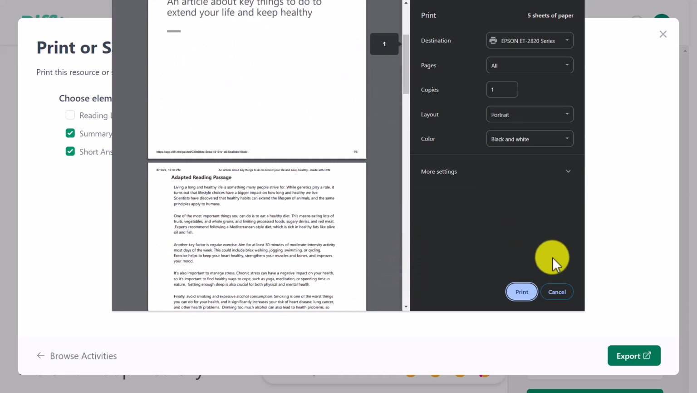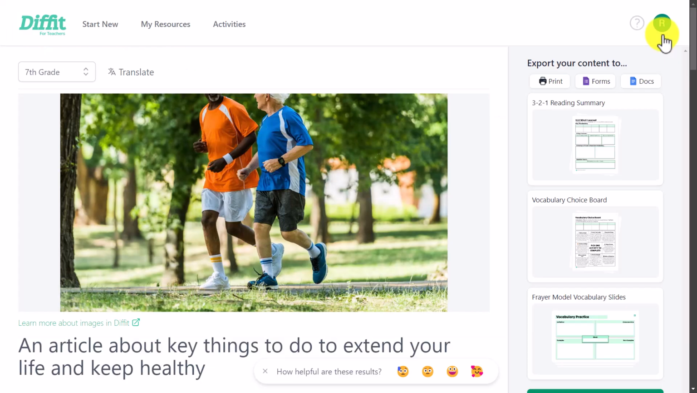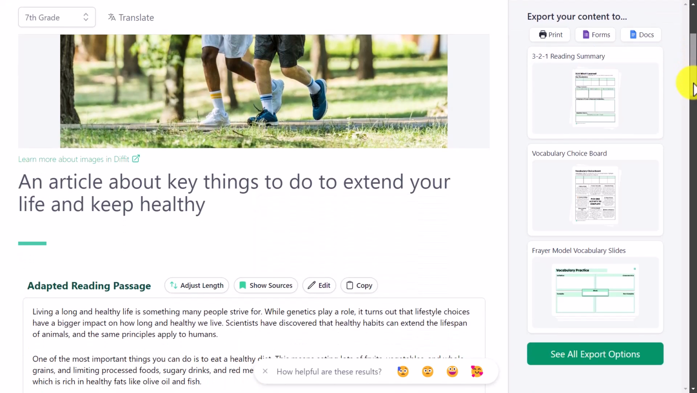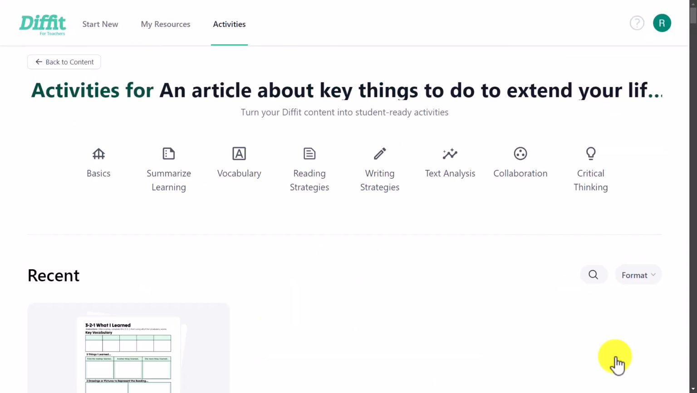But what I want you to notice, if I just cancel this and come back here, is that you do actually have lots of other options for the way that the content can be organized. Now, I'm going to really need another video, but if I just click here on see all export options,